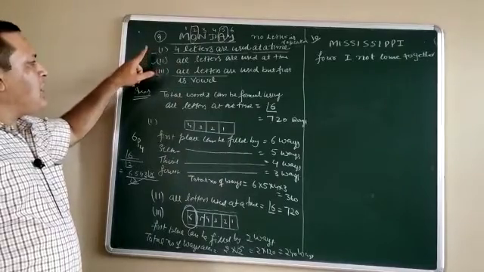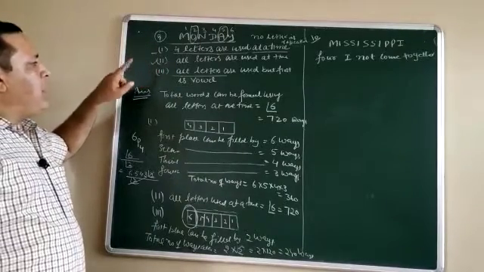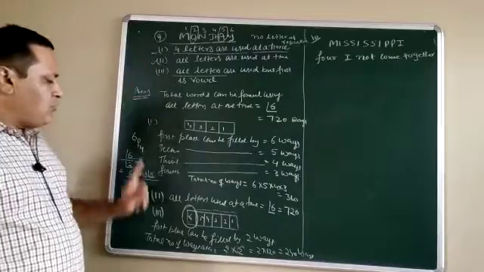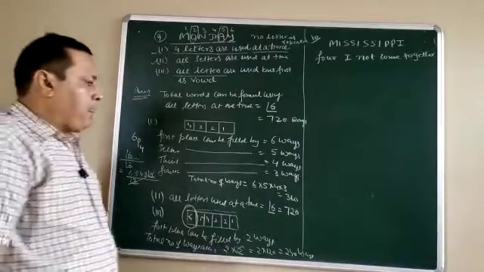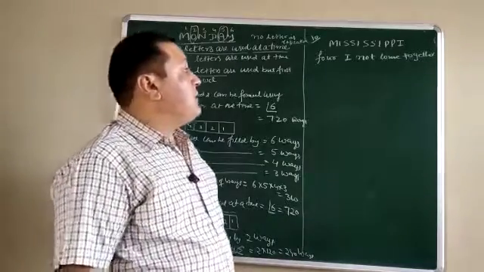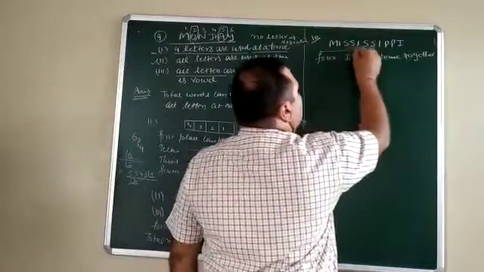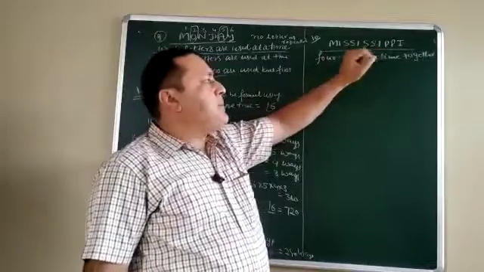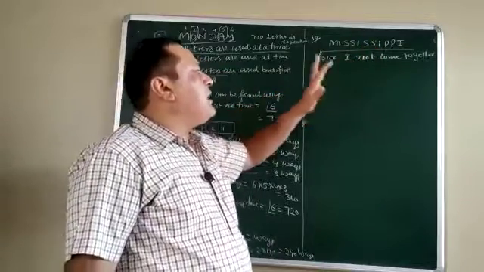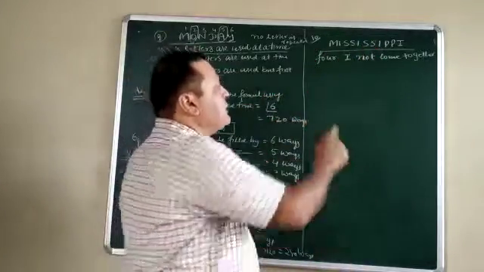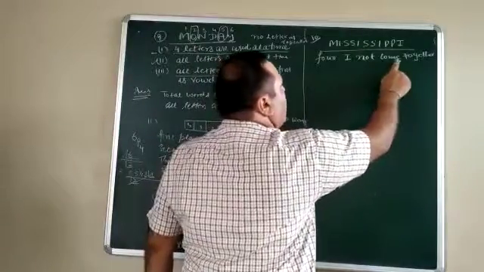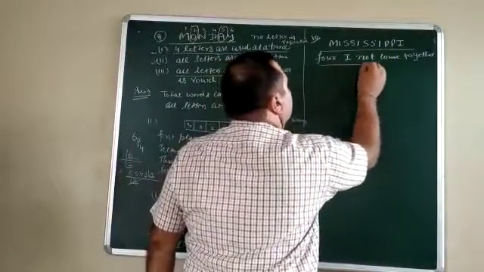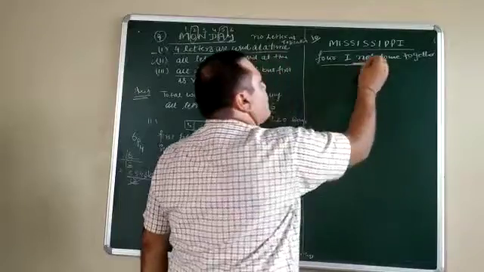Four letters used at a time, all the letters used at a time, and all the letters are used, but the first letter should be a vowel. Now see one more question. There is one more word given to you. The word is Mississippi, and he says find the total number of ways in which the 4 I's do not come together.